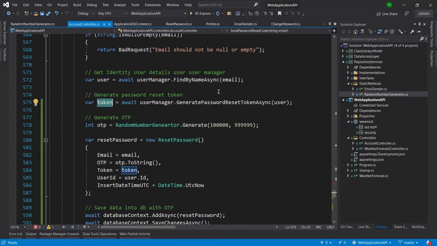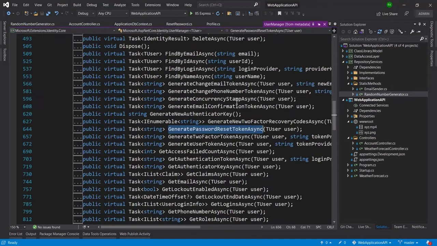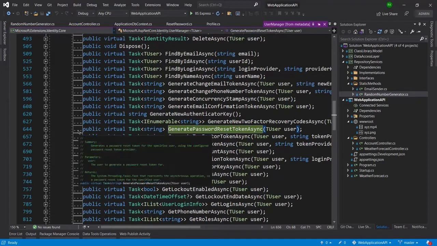This is an already created method, and it is available inside the user manager in Microsoft Identity. When I press F12 here, it takes me to Microsoft Identity.Core, and you can see it is present inside this namespace.